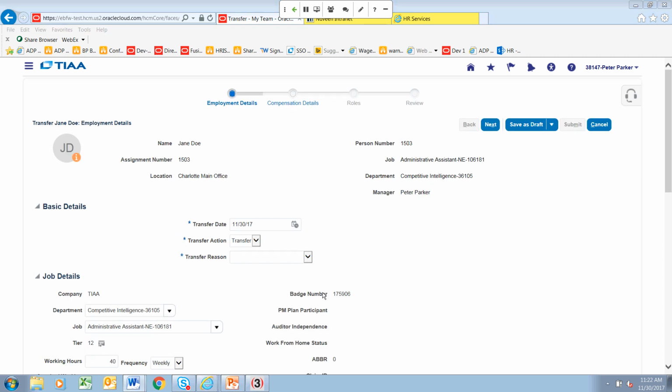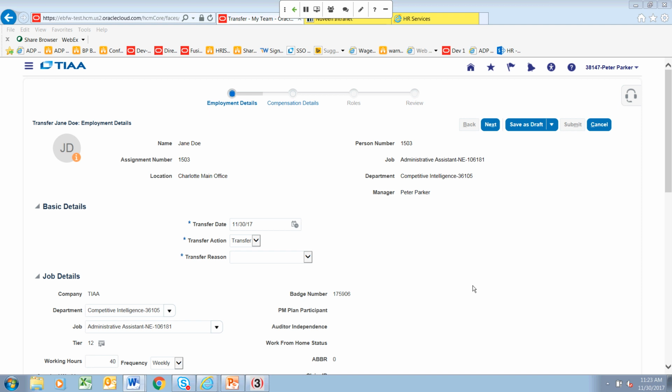Now, one thing I would love to mention is that requests should be made in advance of the effective date. And this is to ensure that you allow the time for this transaction or this request to be fully approved. So as Christy mentioned earlier, if there is a salary or job change for your employee, that will require additional approvals from compensation and the HRBP. All requests that go through this transfer functionality will go to the manager's manager for approval.